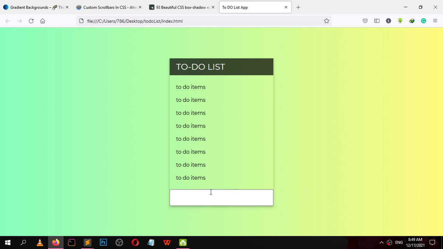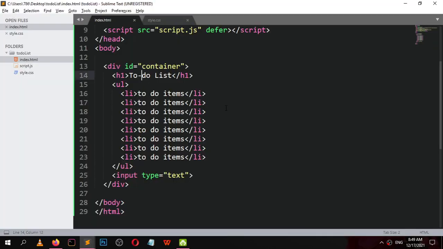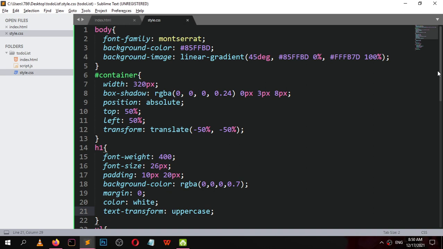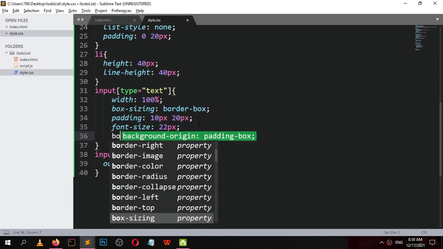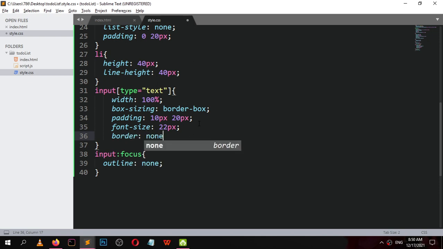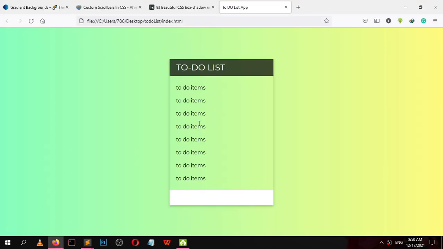One more thing I want is to remove this border. Now remove the border from input, border none. Now it looks amazing.